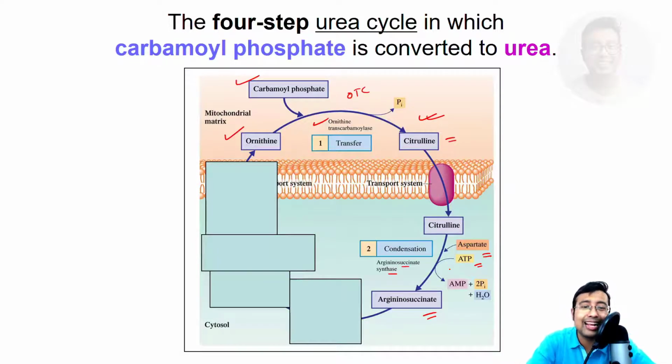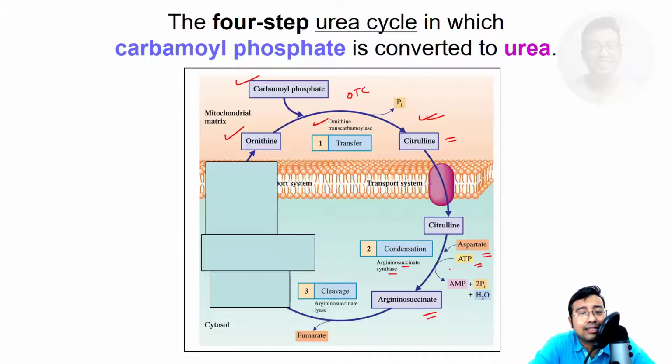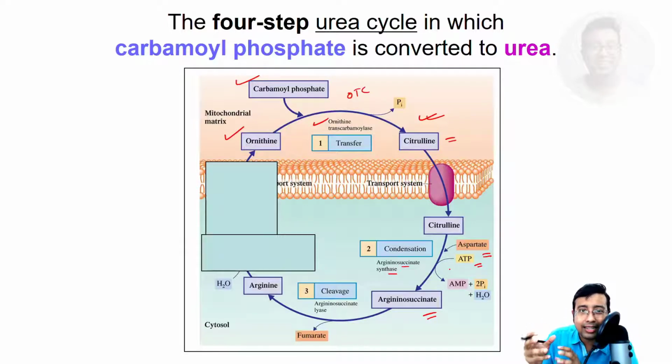In the next step, this argininosuccinate is cleaved, broken down, fragmented. It is converted to arginine. You can see in the name argininosuccinate, there is succinic acid and arginine inside it, a coupled condensed thing. So argininosuccinate is converted to arginine and fumarate goes out. Fumarate is an output of the urea cycle we discussed. The enzyme is argininosuccinate lyase.